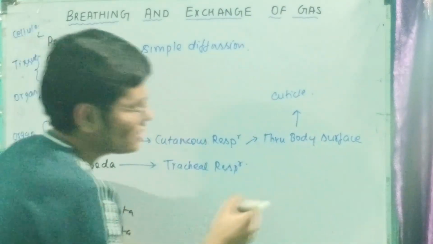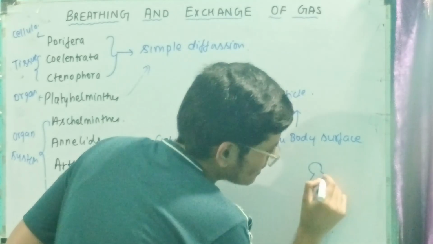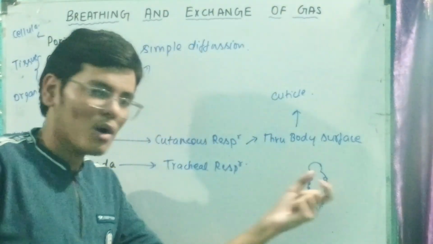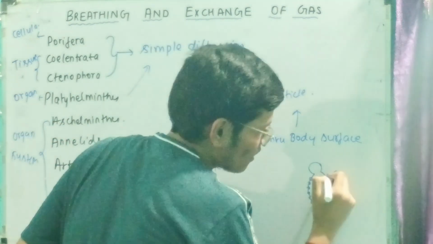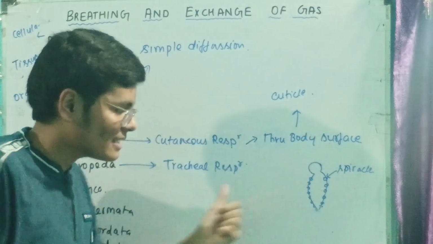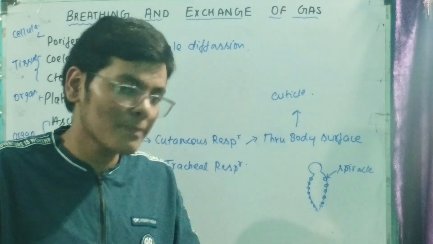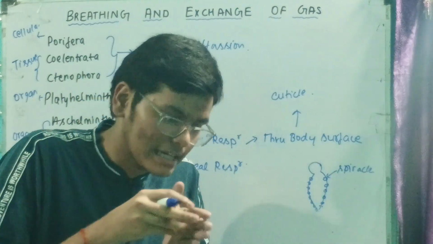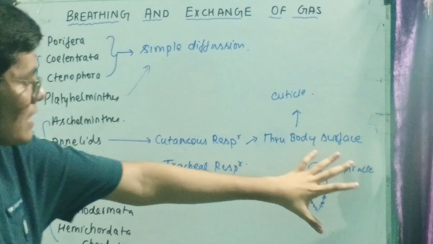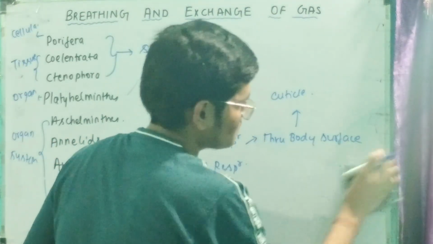If you remember, we had drawn the structure of cockroach like this, and there were 10 pairs of small openings at its lateral side. These were called spiracles. We have also discussed what is inside the spiracles. There is a network of thin tubes that are known as trachea tubes or trachea. This trachea forms small structures known as tracheoles. This type of respiration is called tracheal respiration. This is more prominent in insects.